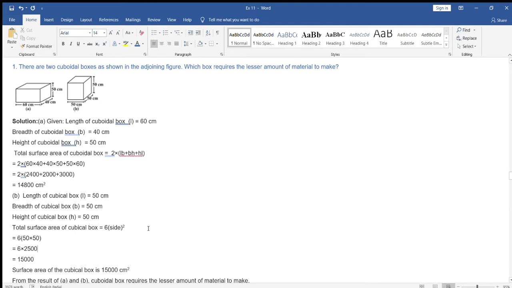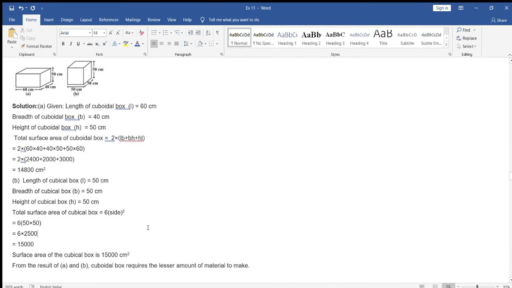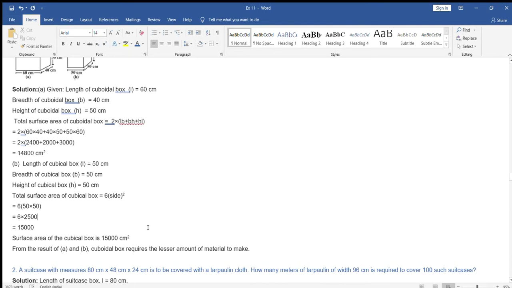Now the question is, which box requires the lesser amount of material to make? By comparing both, we can find out which box requires lesser material. So here we are finding that the cuboidal box, when we compare A and B both, requires lesser amount